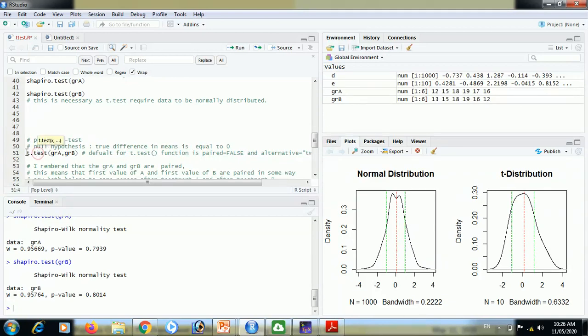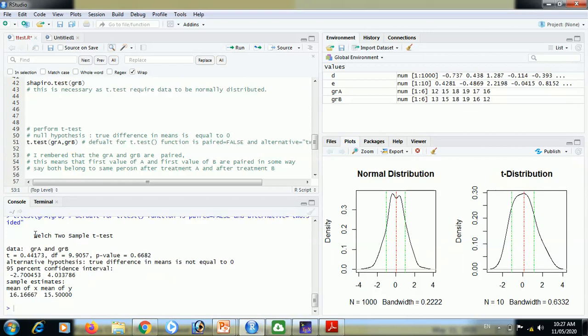And we will run this t-test, and this is the code for t-test. T.test is the function name, and in parenthesis we have provided two groups, group 1 and group 2, to compare. When we take our cursor on the function name, then we'll have this t.test, and in bracket arguments are there. And here we want to compare two groups. Therefore, these two groups we have provided. And default for t-test is paired equal to false and alternative equal to two-sided. We will learn this later on. I will run this t-test function.